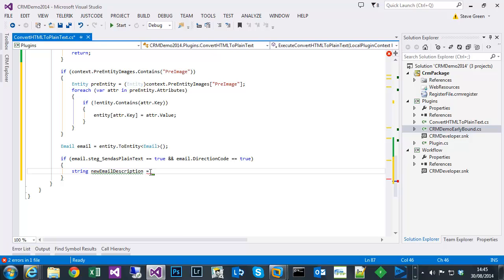and that is equal to, and we need to obviously come up with a method that will strip out the HTML tags. I have found one online. I'll post a link to credit the original author, where it's basically just a series of regular expressions doing a sort of a replace on the message, so looking for the different elements that make up a typical HTML message. So there's the headers and so on, and scripts and bodies and all the different special characters, and basically sequentially going through, stripping out each of those and replacing them with typically an empty string, or it could be a new line if it was a break, like